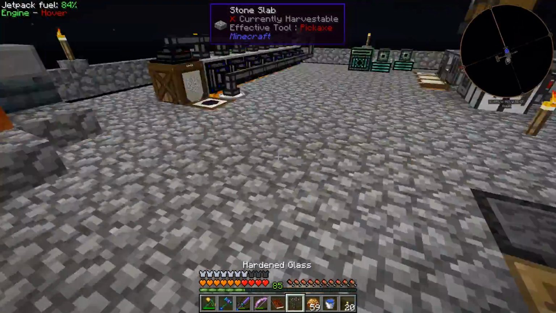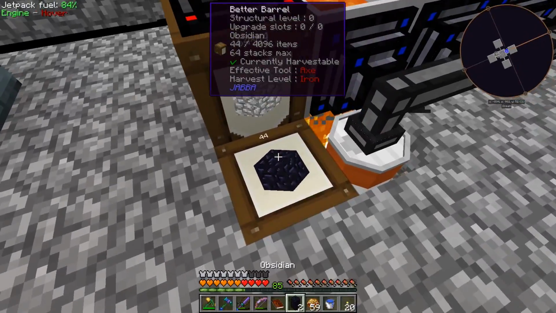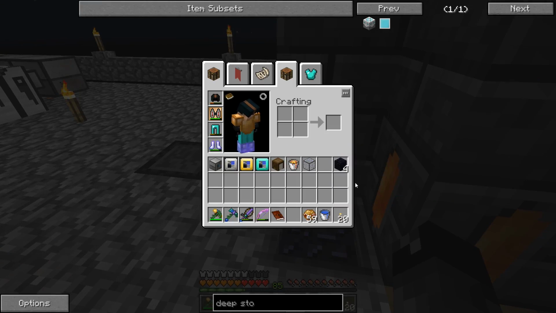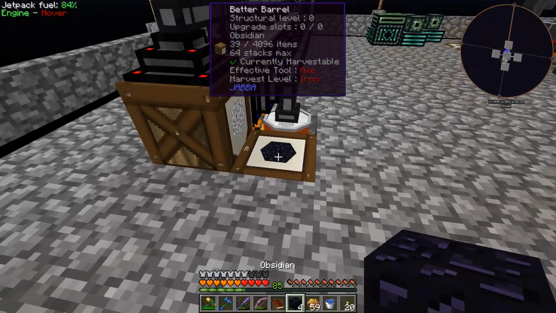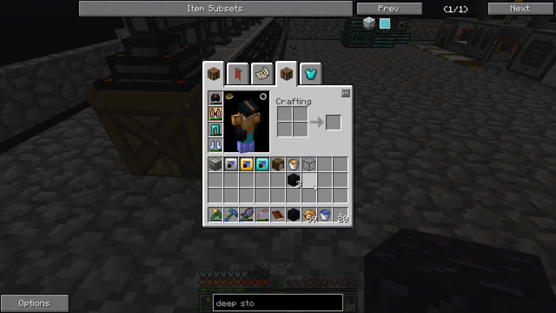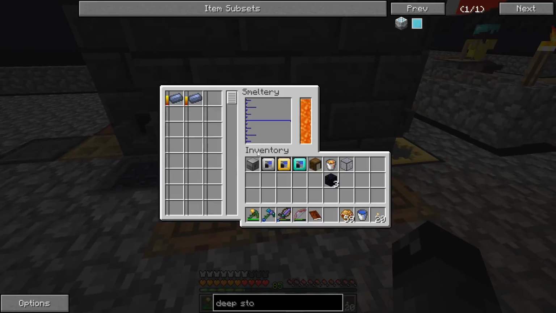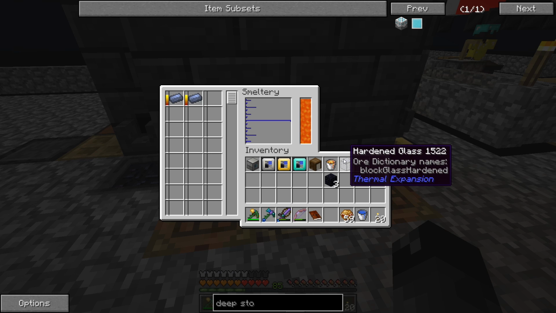Alright, so I'll stick that in there. Grab this guy. 1, 2, 3, 4 more obsidian. We'll need to turn those. I got 5. Did I put one in there? Yeah. Okay. So yeah, we'll need to turn that into the hardened glass as well so we can make the